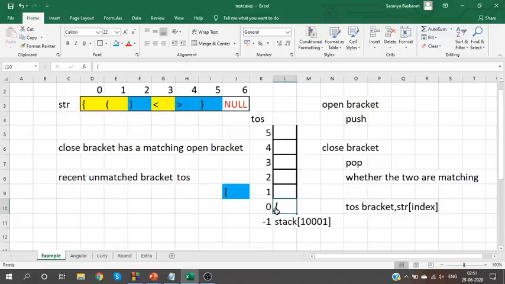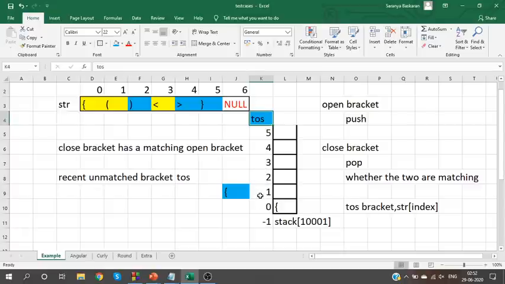Okay. And what is this? This is nothing but the top of stack, indicated as TOS. Okay. I'm going to use the term TOS indicating top of stack. Top of stack will start from -1. It should start from -1. As you keep moving, if you push an element, increase top of stack.